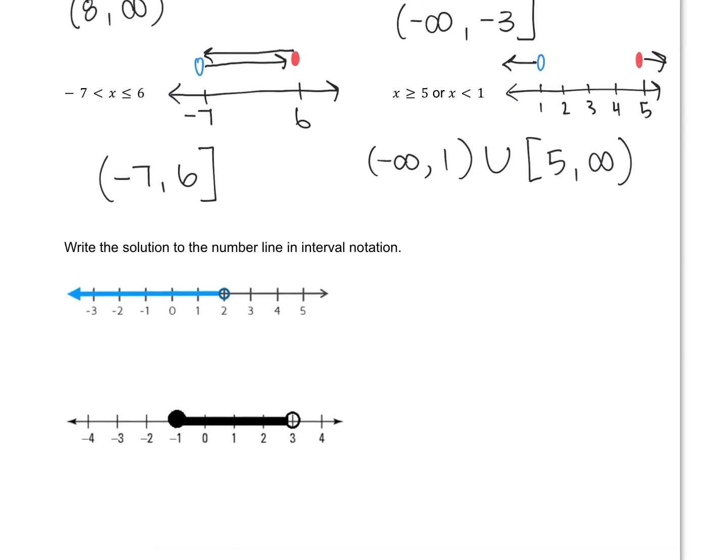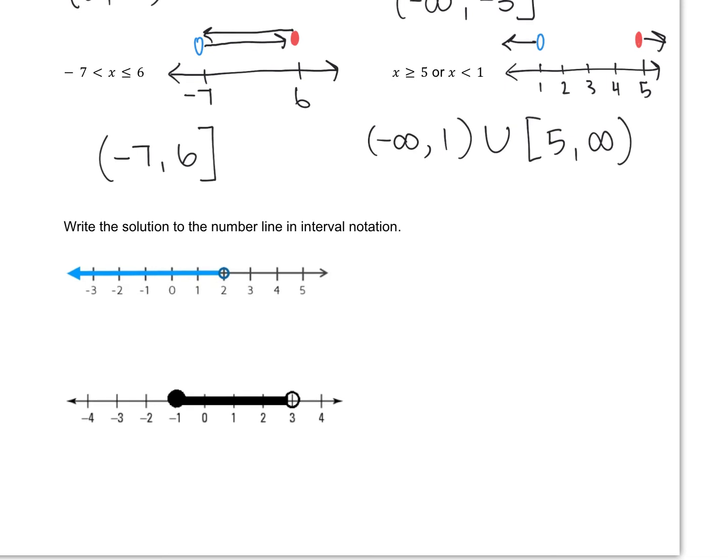So the last thing we're going to do is, working from a number line, figure out the interval notation. And you can do this one of two ways. You can either go strictly from the number line to the interval notation, or you can write the inequality first and then write the interval notation. It's up to you. So for our first example, we're looking at 2 and then everything to the left of